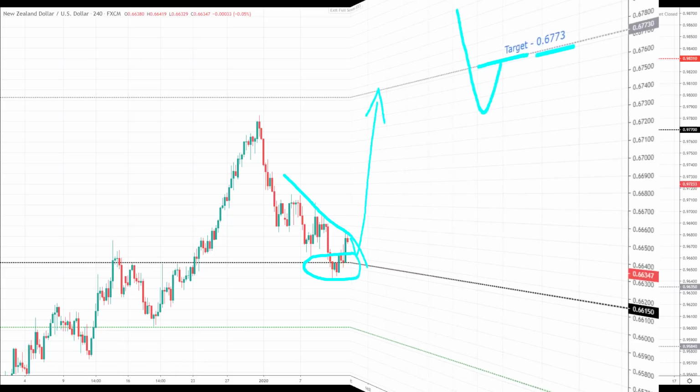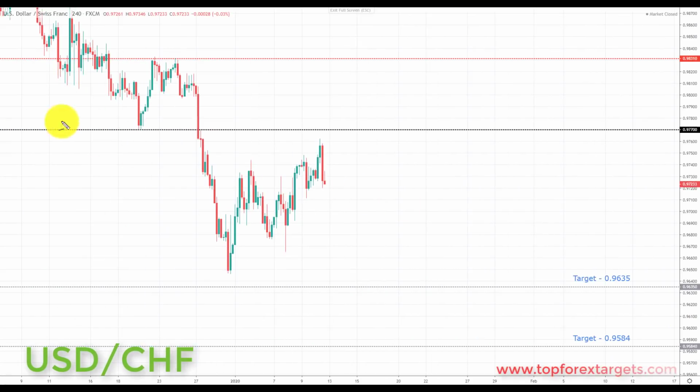So next market that we're going to look at is the US dollar Swiss franc. Now last week we highlighted the key area of broken support, looking to turn resistance at the 0.9770. We came very close to it. We haven't tested it just yet, but going into next week, this is now a great place to start to look for those bearish setups. If we can come back, as always, preferably and retest, that would be fantastic, and that would give us a great opportunity to start to look for these bearish patterns to the downside.